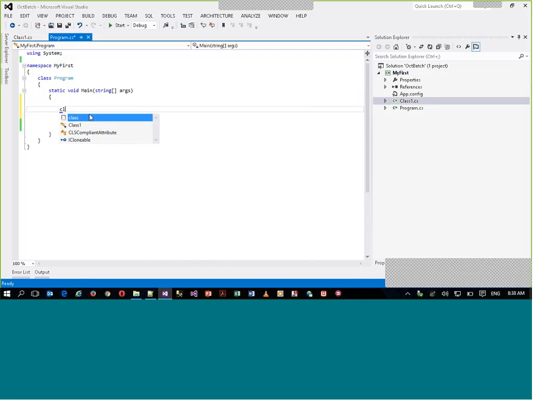See, now this window is called the IntelliSense window, a very rich feature of .NET, which will help us to code very fast. So as soon as you type, this will give you what exactly can be used at this point of time. It can be a class or any other variable or whatever, with respect to whatever you type at the start. Or you can press Control Space. When you press Control Space, it will again enable your IntelliSense. Now you can see this is a class, my first dot class one, and I want to use this to create an object. So now let me create an object called obj